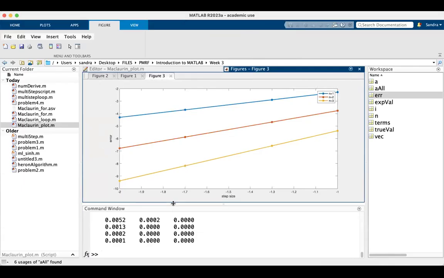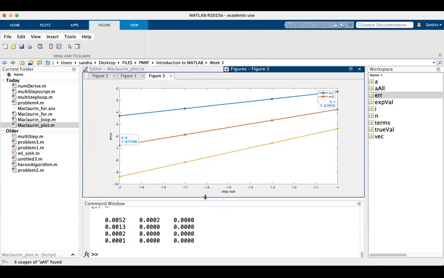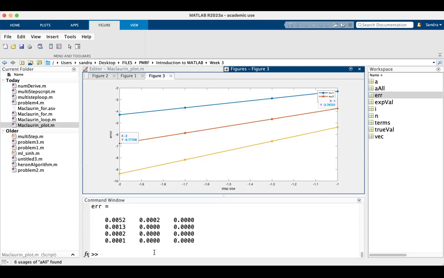Just look at the y and x-axis here. Now the values are converted into log scale and then plotted. That is why the x and y axis look like this. Now what you have to do is calculate the order. For that, you just have to calculate the slope of this line. How do you calculate the slope of this line? That will be the difference of y values divided by the difference of x values, right? So that will be